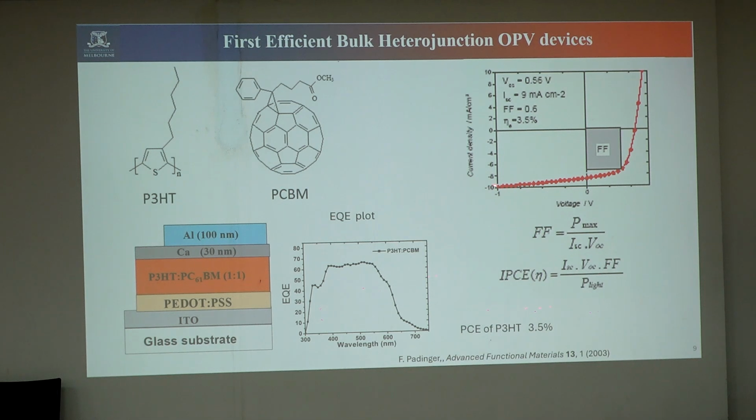So this is what the device JV curve looks like. In the JV curve, this is the short circuit current. Short circuit current means if you close the circuit, what is the maximum current we are getting. When you make the circuit open and measure the voltage, this is the open circuit voltage we get. These are some of the characteristics: the voltage, the short circuit current, the fill factor, and the efficiency, which is